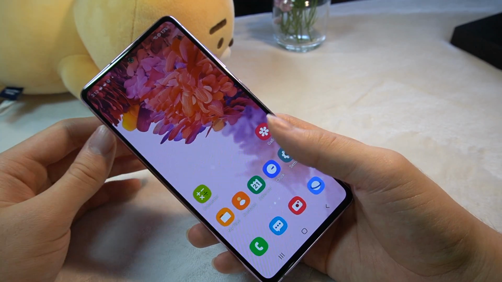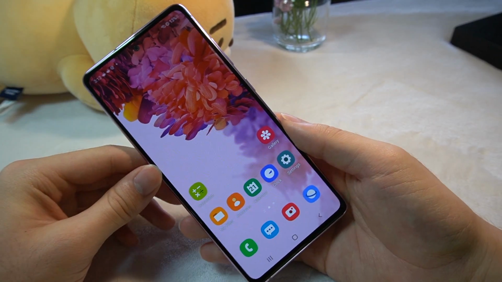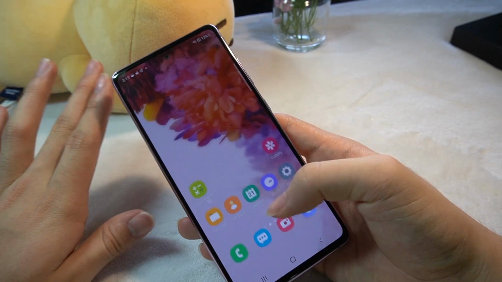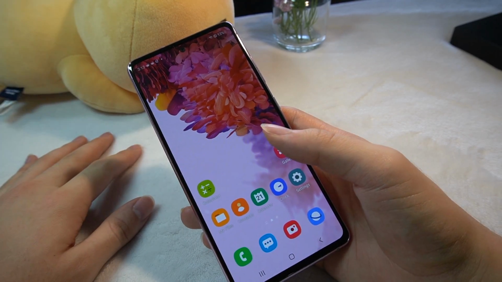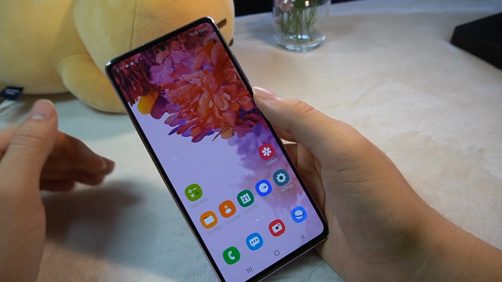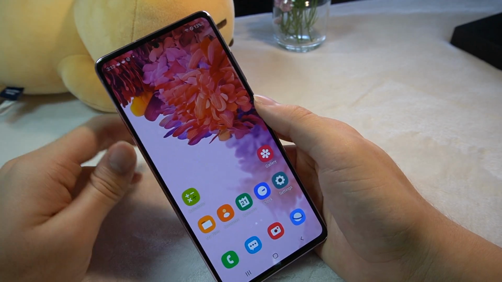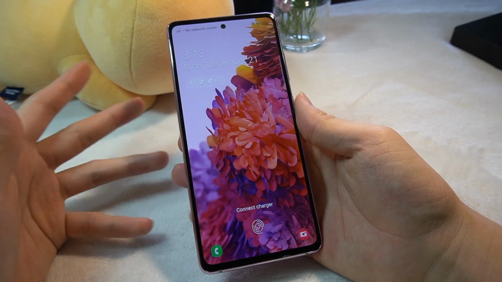I didn't get an iPhone because even with the new iOS 14 update, you have to jump through hoops and obstacles to really get your phone to suit your own taste. And on Samsung, it's just a lot easier and it's very intuitive. So one thing about me is I really like K-pop and I love bands like BTS and Blackpink. So I'm gonna be customizing my phone as a K-pop phone.